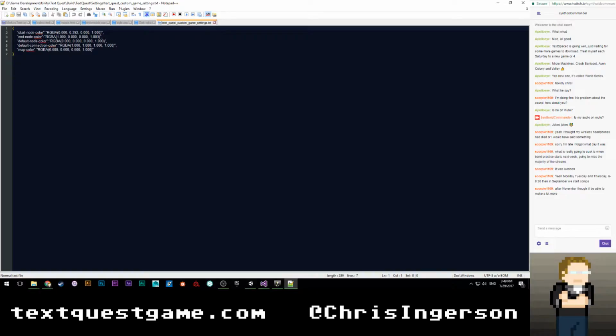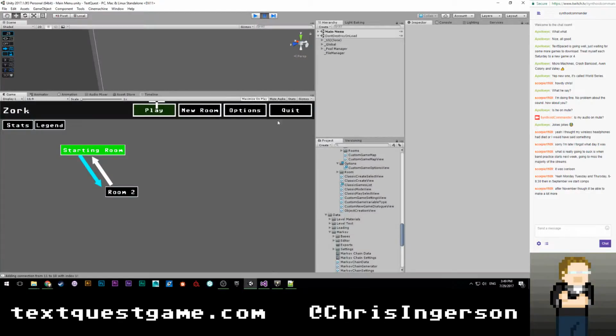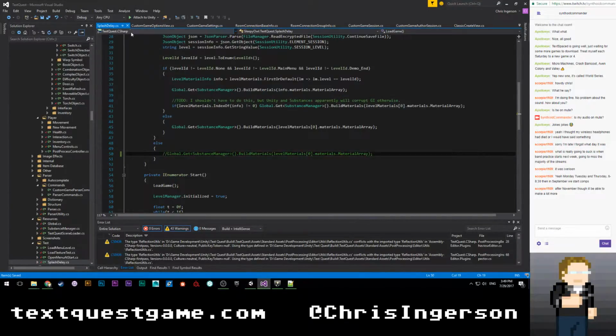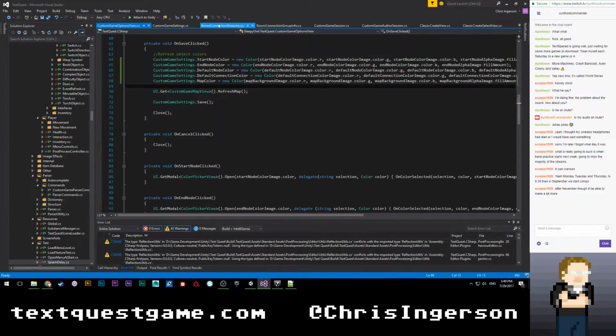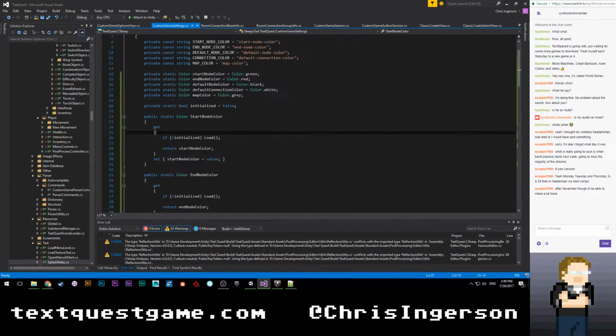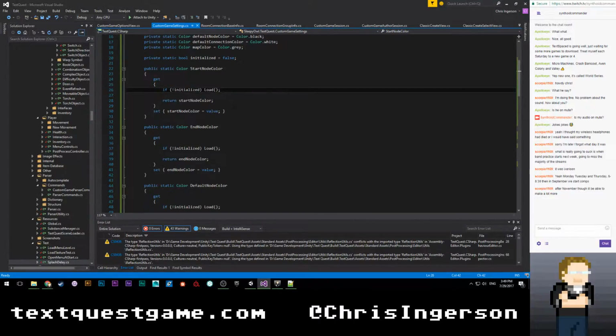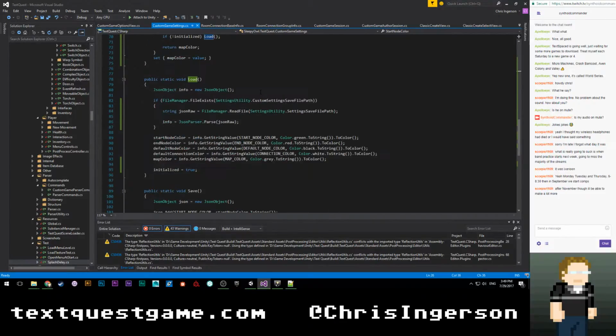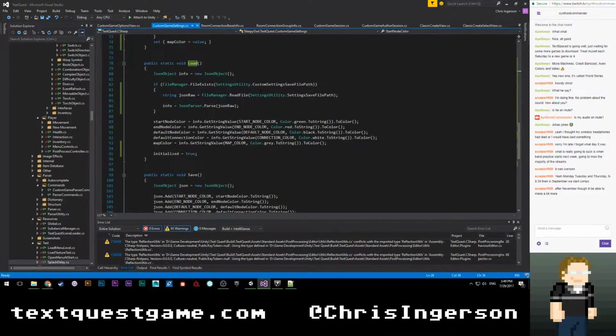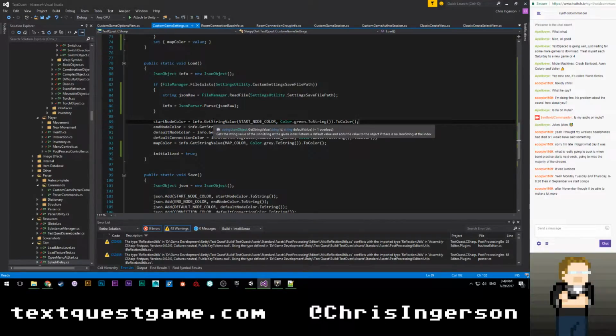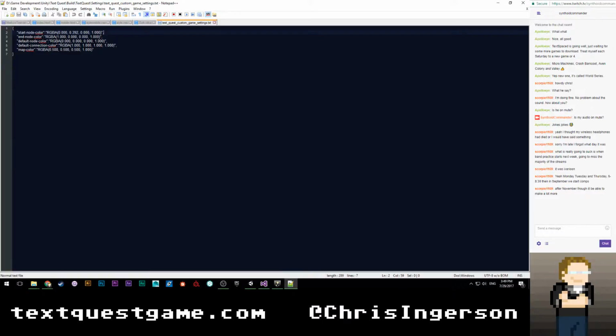Well, in that case, that kind of makes me think that it's bypassing it completely? That doesn't make sense. Let me, okay, let's come up here to custom game options view, custom game settings. Here we are. Let's go ahead and check out load first of all. Okay. So I guess maybe it's not getting the correct JSON value. So I mean, it should just be looking for start node color,